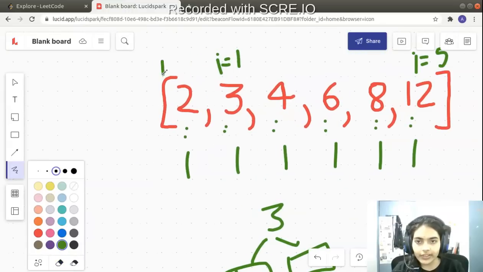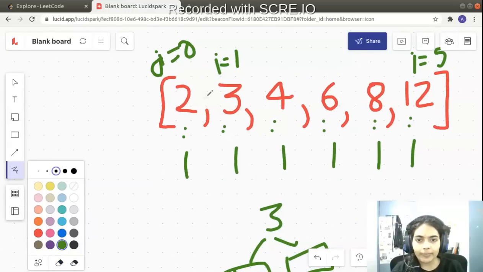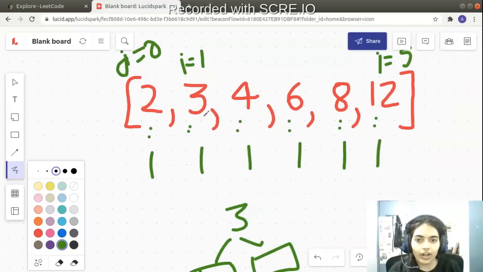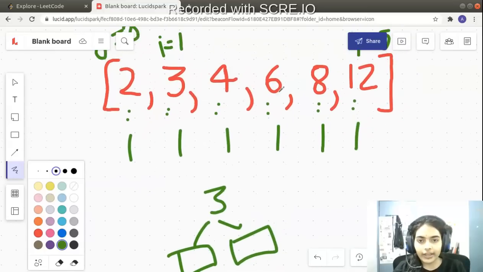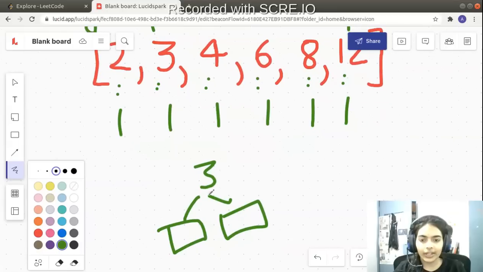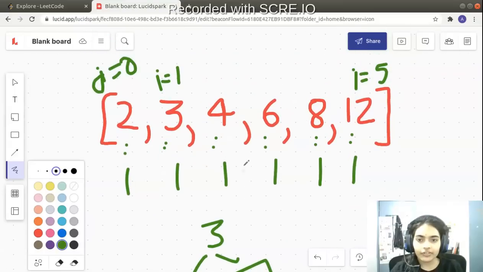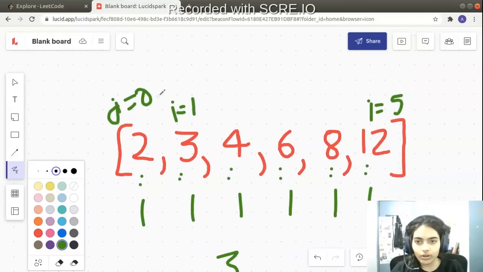We will start iterating from j equal to 0 till j less than I. So we will see if there are any numbers smaller than that particular number. That will help us, because using any number bigger than that particular number, you cannot form the binary tree anyway, because two bigger numbers cannot multiply and give a smaller number. Fractions are not there, they are only integers. So from j equal to 0 till j less than I, we'll start iterating.